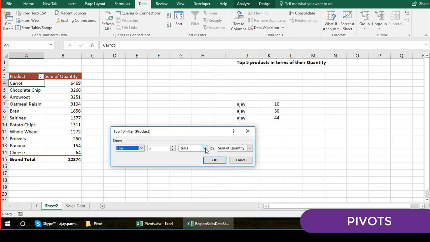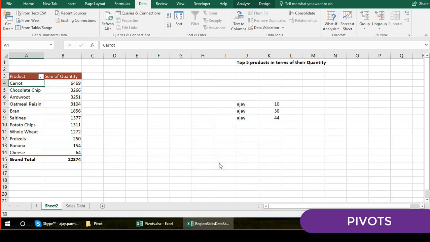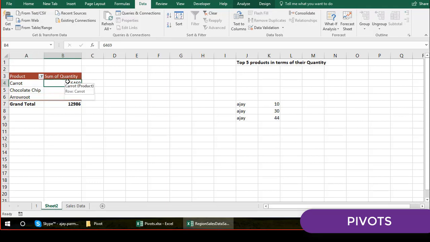Now these top 3 items, this is going to be shown in the top order by what? By sum of quantity. If you have, let's say, more headers here, let's say you want to see the quantity, and the turnover in 2001, 2002, 2003, you can imagine you will have all those headers. So that's where this drop down comes handy. I just want to select the quantity also. So just click there and look at this, guys. Right? So you have the top 3 products. Ideally I should have chosen the 5, but that's okay.